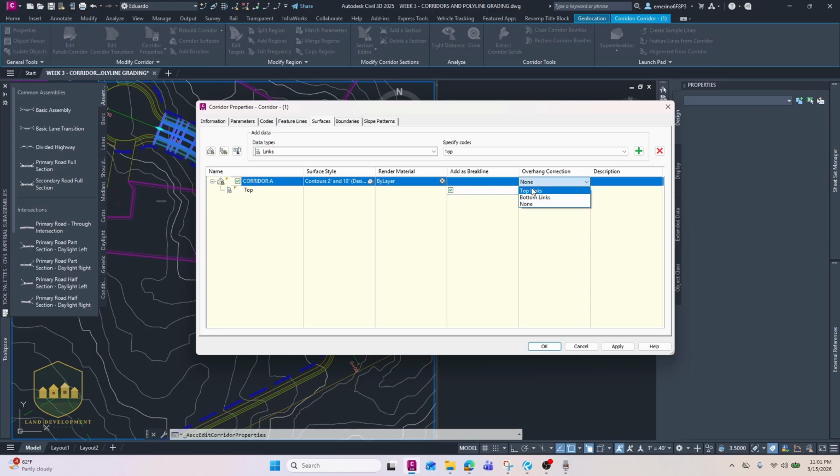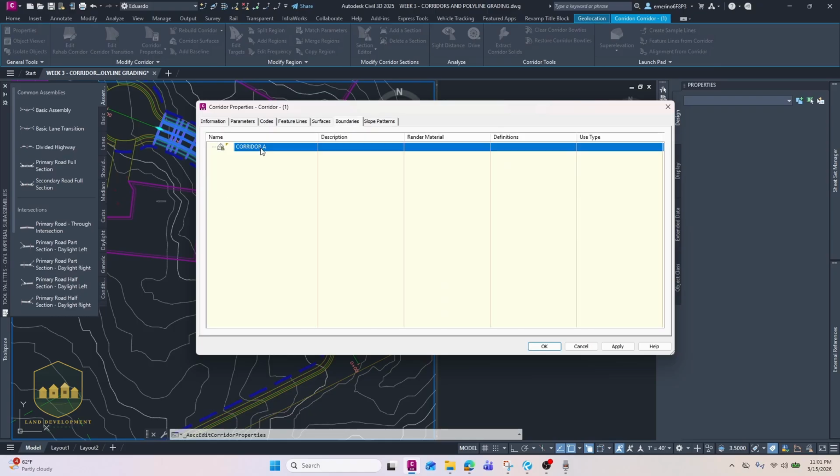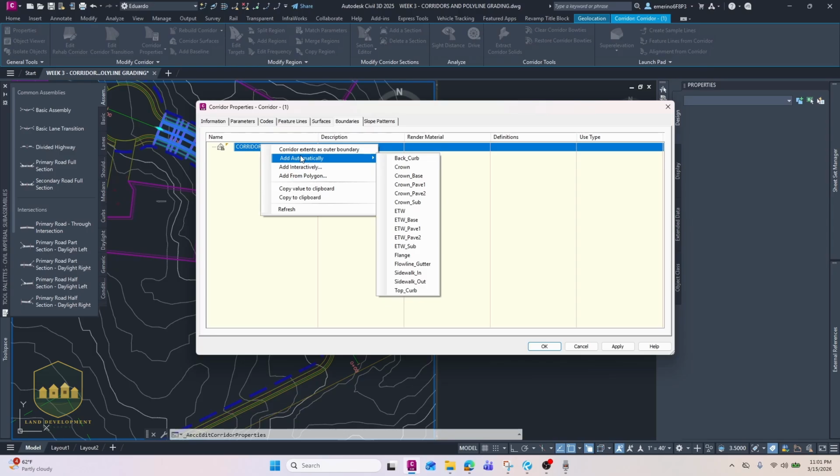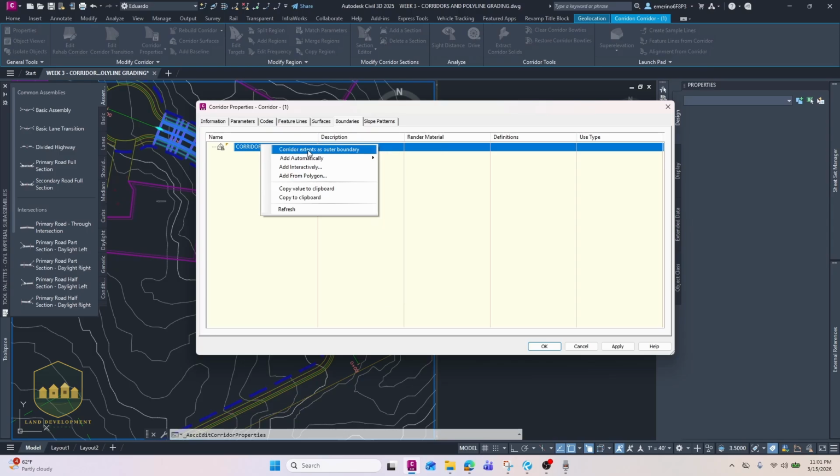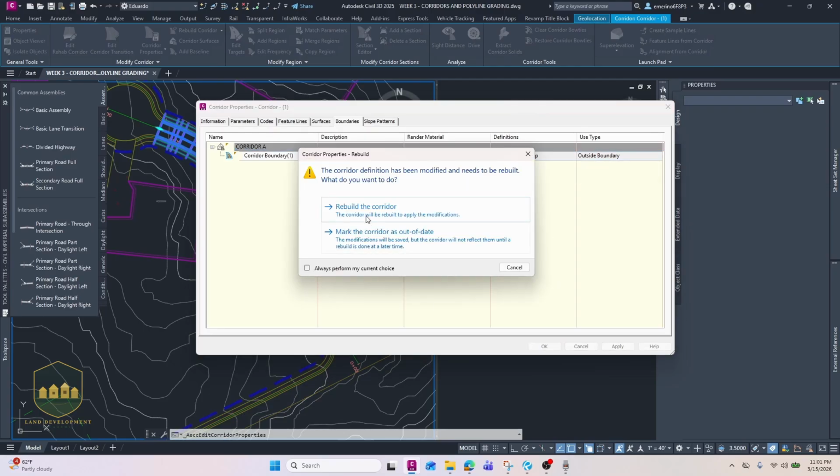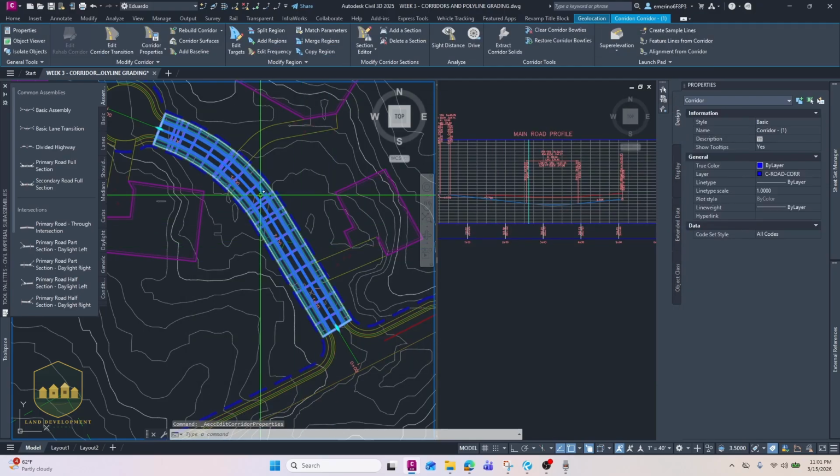Overhang correction will be top links. You go to boundaries. You want to create a shrink wrap boundary. And what that means, if you don't create this, your contours are going to be all over the place. This is going to tighten up that surface to make sure that it doesn't go anywhere. So you take a little shrink wrap, we're going to press OK, we're going to rebuild the corridor, and